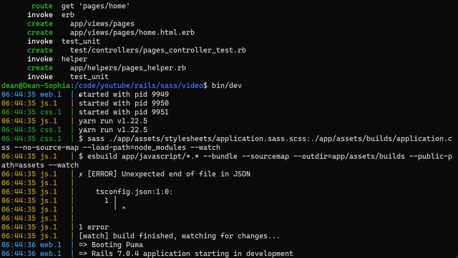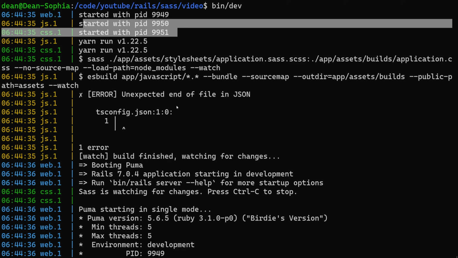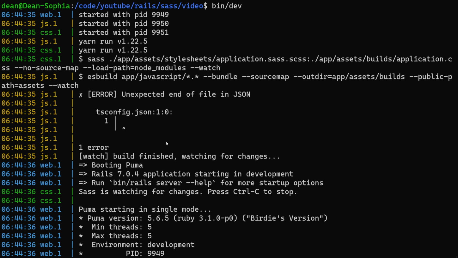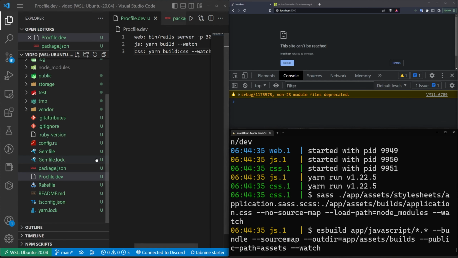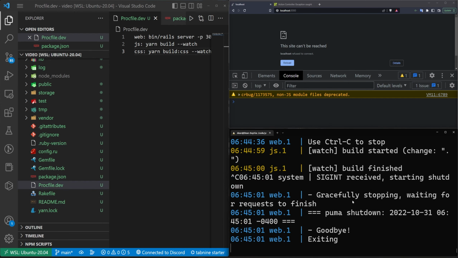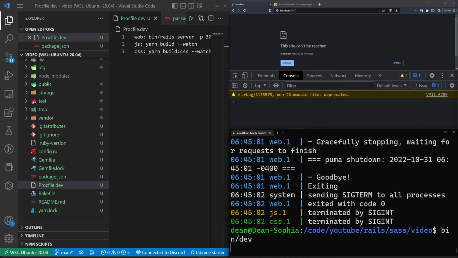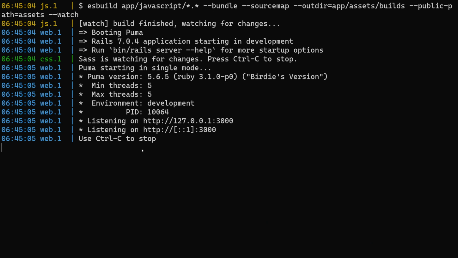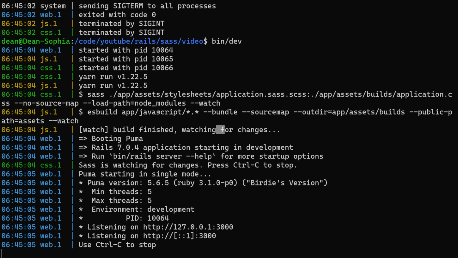sockets here. So we have our 3 different processes. We have the Rails server, the yarn command, and the other yarn command. So all 3 of these run whenever you run your proc file, and they stop running when they stop the proc file. The tsconfig.json doesn't need to be here. That's why this is getting upset with us. So we'll run this command again, and hopefully now it stops being upset with us, which it looks like